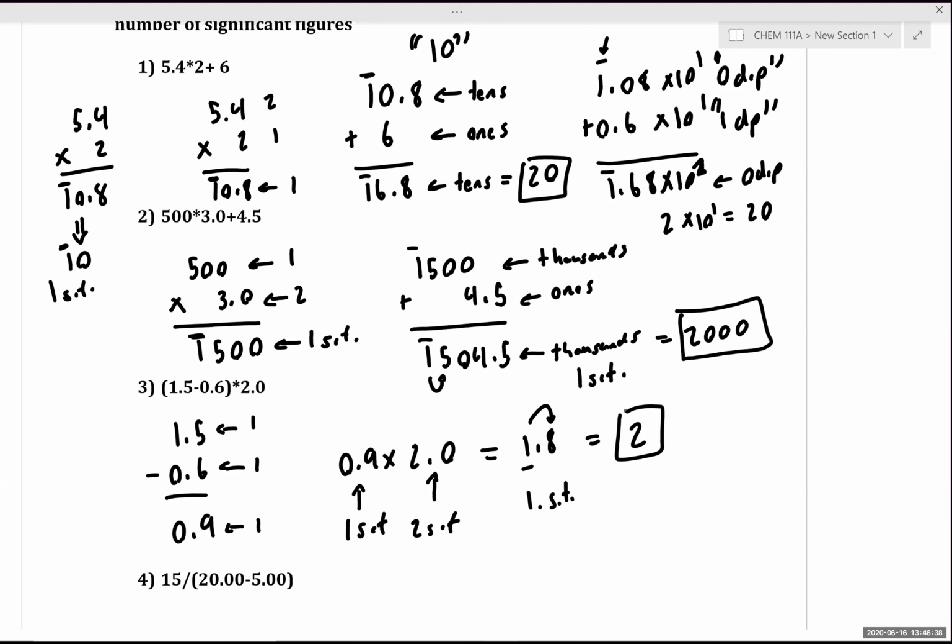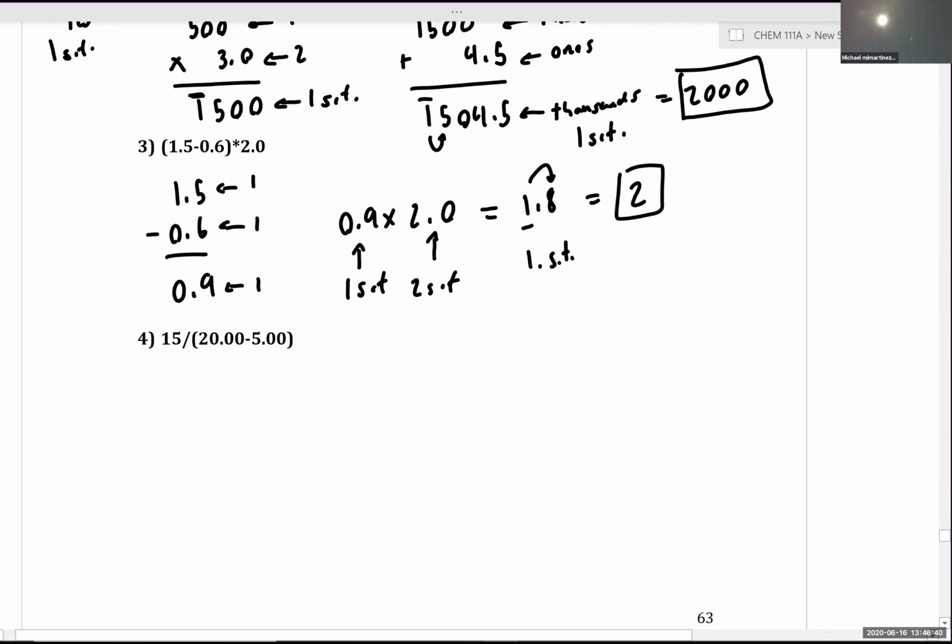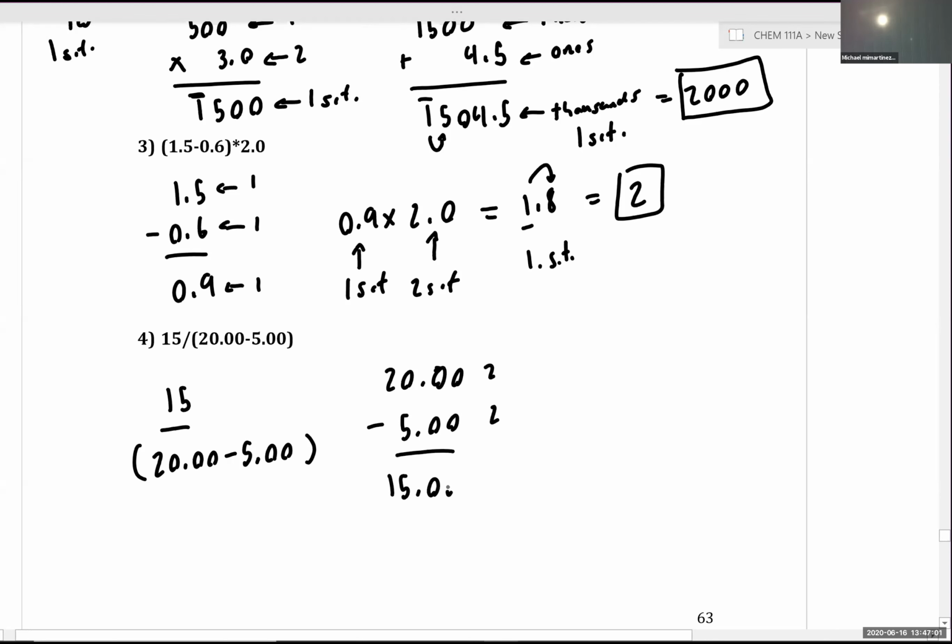Yes. Perfect. So let's look at this next example. So we have 15 divided by 20.00 minus 5.00. Okay, so let's deal with our subtraction operation first and foremost. So after subtraction, both of these numbers have 2 decimal places. We get 15.00. Okay, now we'll divide. We have 15 divided by